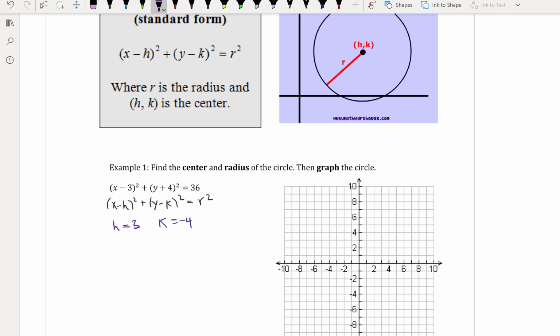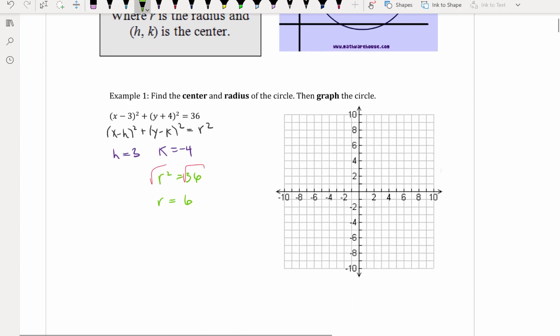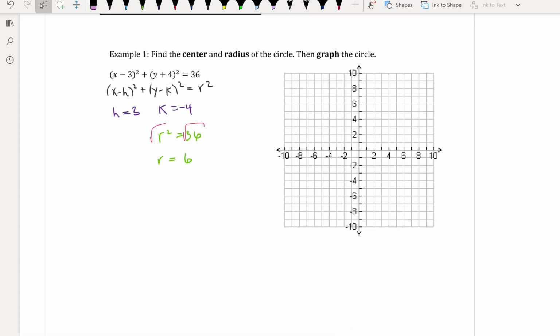So I have now identified my h and k value, and for the radius, I know that radius squared is equal to 36. So if I square root both sides, I get that my radius is equal to 6. And here we don't do the plus or minus because we're talking about radius, which is a measurement, and that can only be positive. So I'm going to say that my center